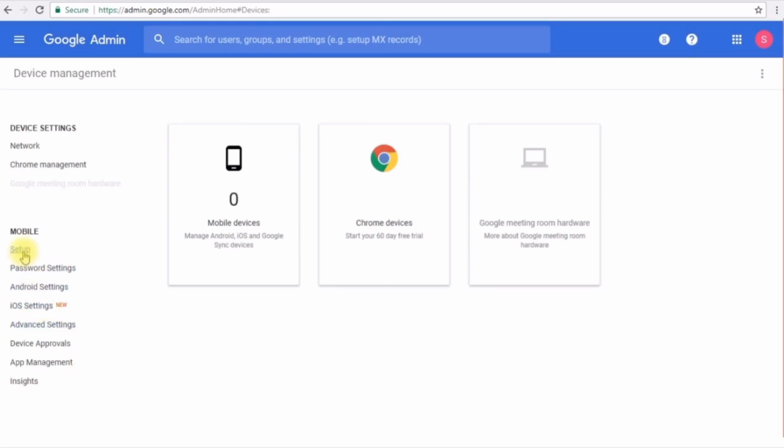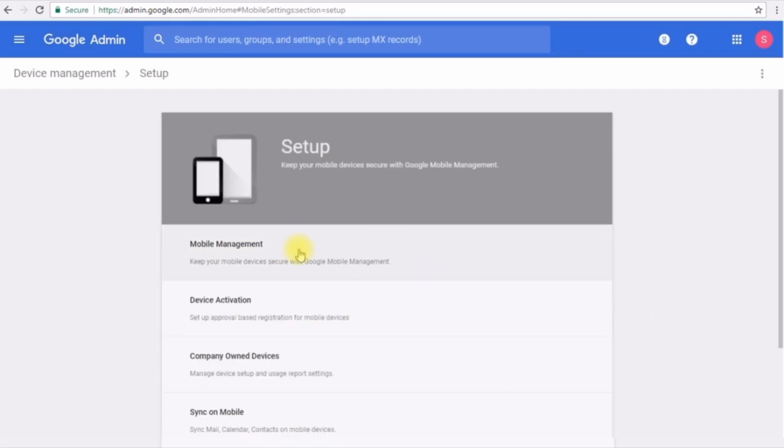So let's go to the setup. Then let's expand the mobile management section. And before we start and enable the device management, there is one important note that I want you to be